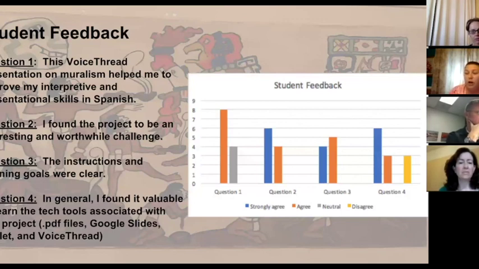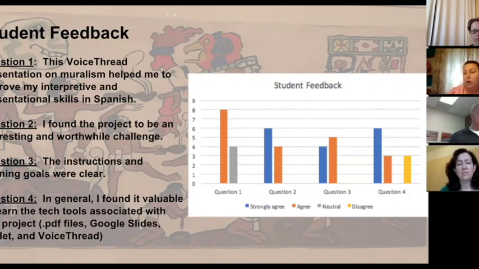For all of the questions we have here, an overwhelming majority of students either strongly agreed or agreed that the presentation on muralism helped them improve interpretive and presentational skills in Spanish. They all thought that the project was interesting and a worthwhile challenge, and they thought that the instructions and the learning goals were clear.